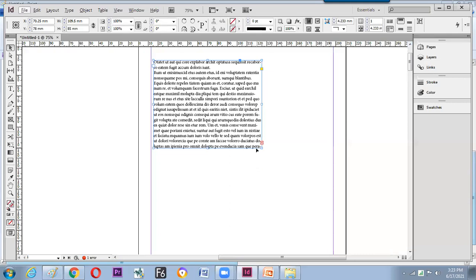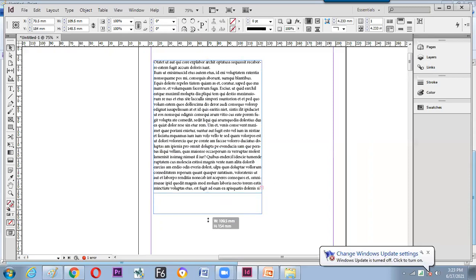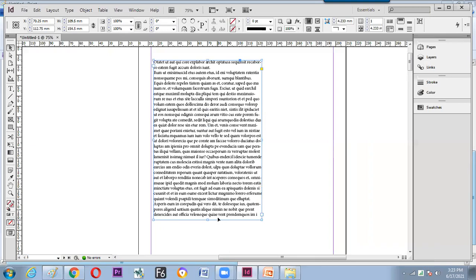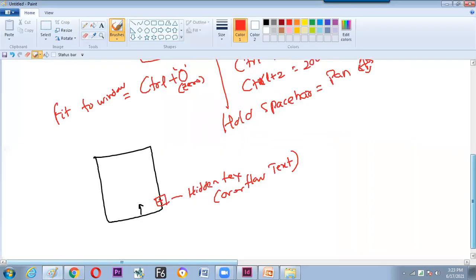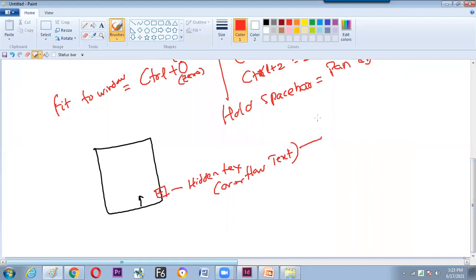Now, how to handle overflow text? What is the topic now? How to handle overflow text. It can be handled in 3 different manners. 1. Drag the text box to the maximum till the red color mark goes out. Then you can also see the overflow text. First method, finish. What is the first method? Drag the text box. To handle, we do have 3 techniques. Drag the text box. Solution.